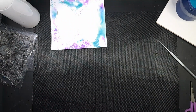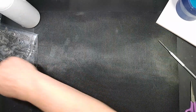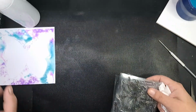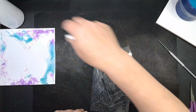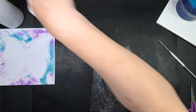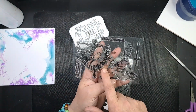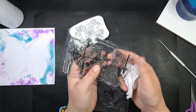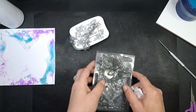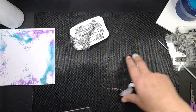So put that to one side. This needs to dry, however, so I will pop that just to that side, and we shall start doing a bit of the elements that we are going to need. This set is my favourite. This one is the Wings of Change. So on this stamp set, I'm going to use the bulb, my favourite stamp of them all. They are all lush, but